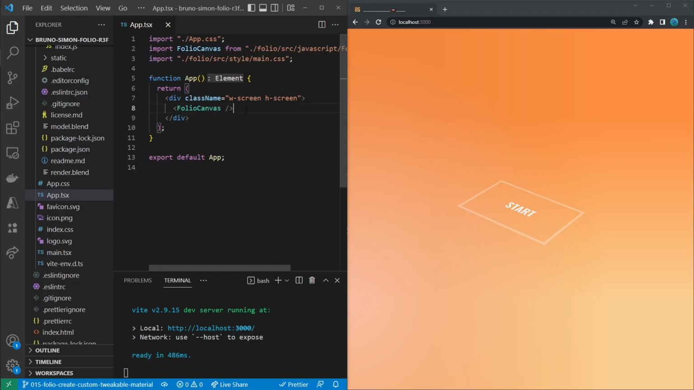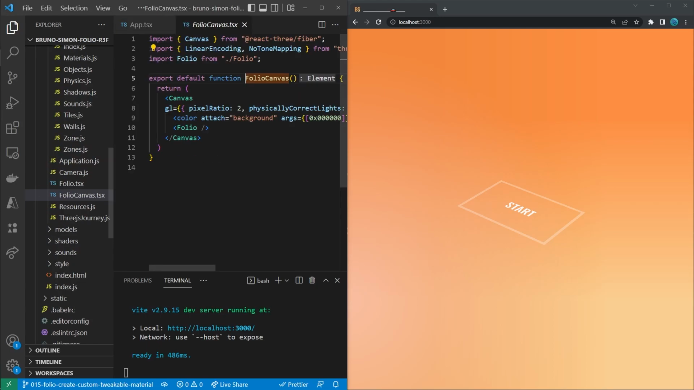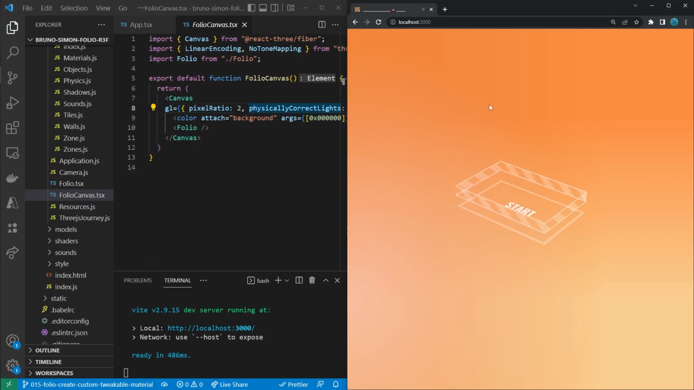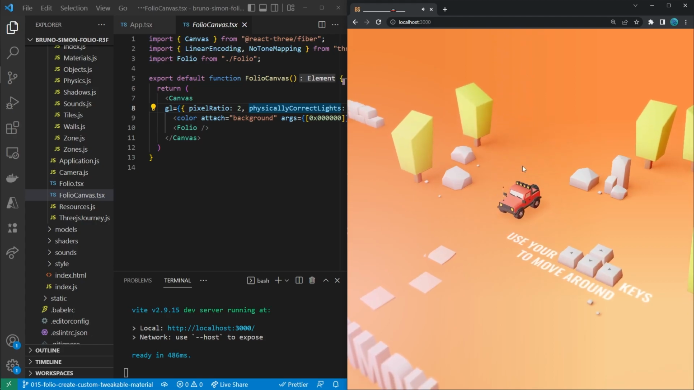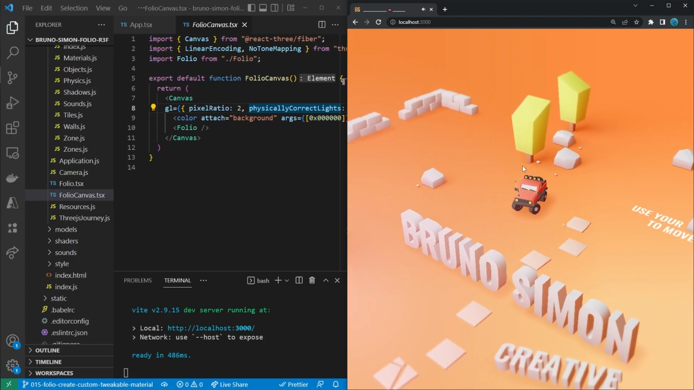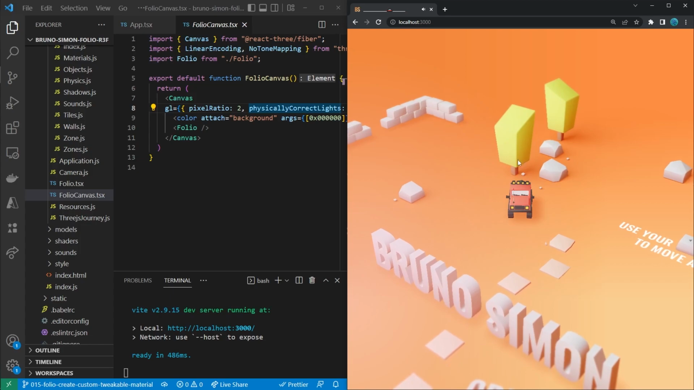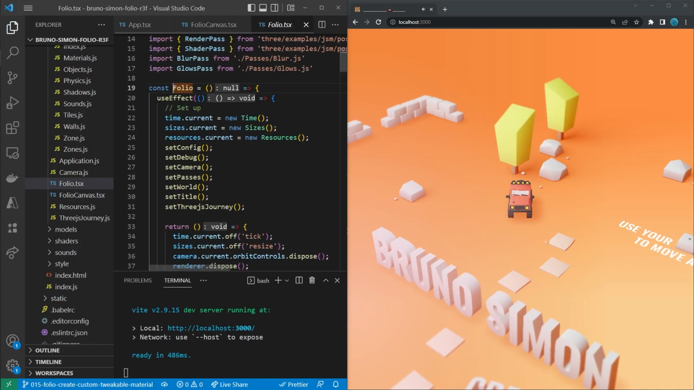So let's go back to where we left last time. We created a folio canvas with a React fiber canvas in there. And we set some configuration there so that the application now has the correct colors. It behaves completely as you would expect, and it looks the same as Bruno Simon's own project. We also created this folio React fiber component,